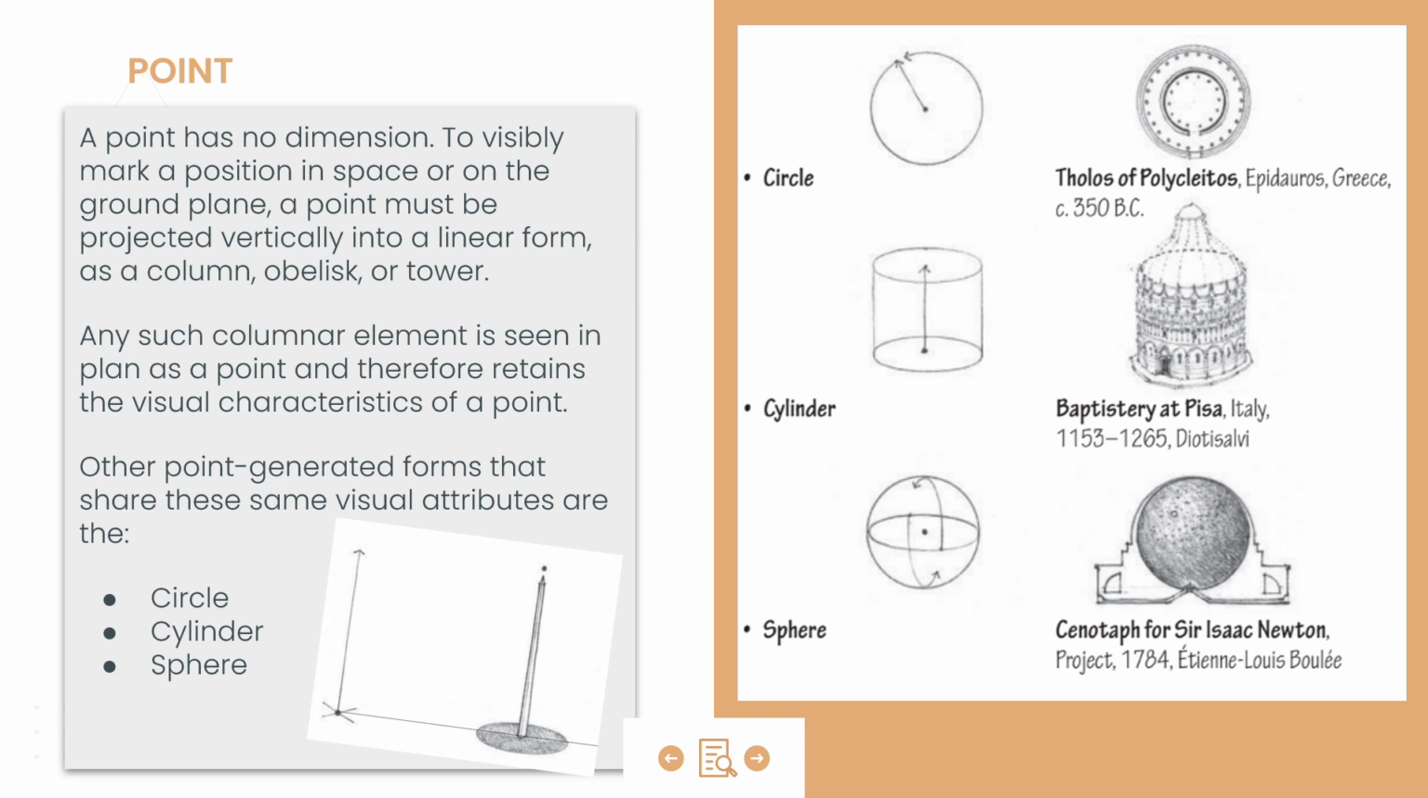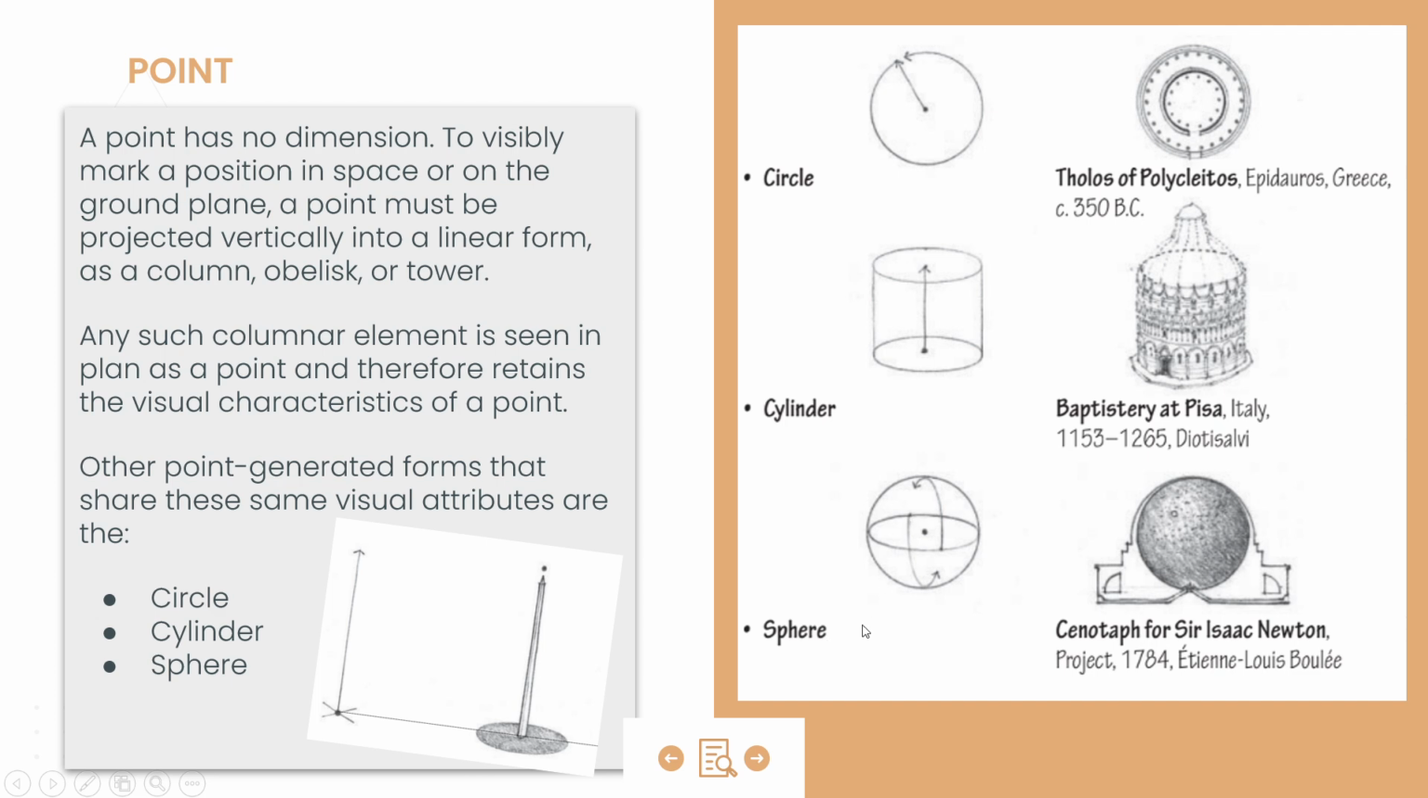So sabi nga, the point has no dimension. So to visibly mark a position in space or on the ground plane, a point must be projected vertically in a linear form, tulad ng column, obelisk, or tower. So tulad dito sa sample, meron tayong circle. Kapag pinroject mo daw ito pataas, you will have a cylindrical shape object or structure. But if you look from the top, you will have a circle like this Tholos of Polykleitos in Epidauros